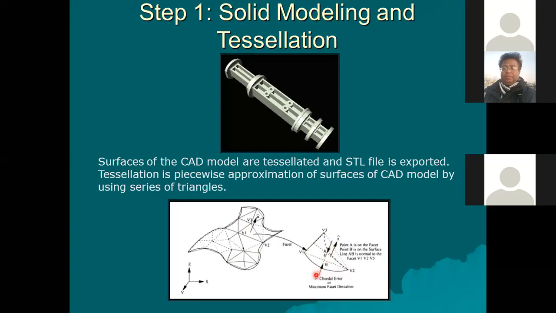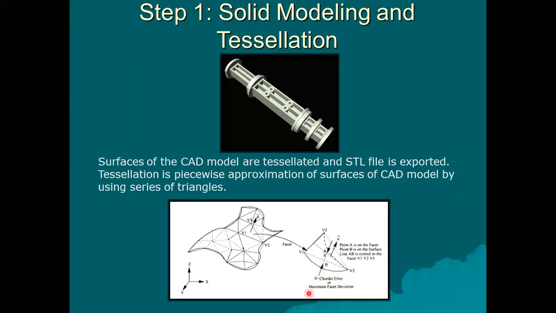That there will be a deviation. This deviation delta is called quadrant error or maximum faceted deviation. So the more the faceted deviation, the more this delta value is, the bigger the triangle will be. So it will be a bigger approximation, and the smaller the value of delta, very fine